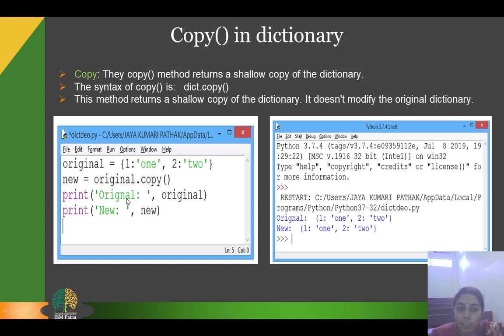Print original: the original dictionary gets printed, and print new: the copy dictionary gets printed. Whenever we use copy, it creates a copy of the data. If we delete the original dictionary, our new dictionary will remain in memory.